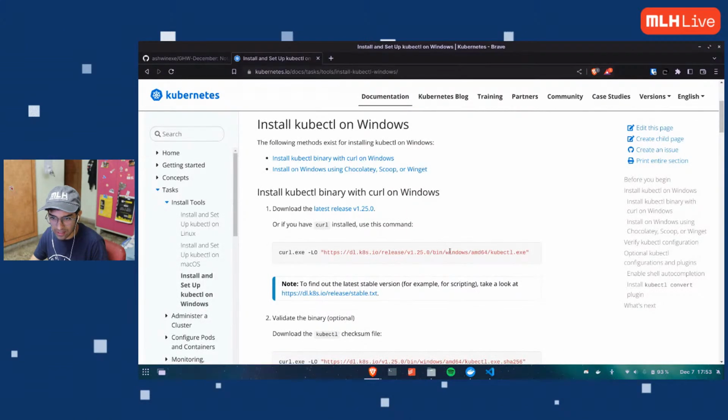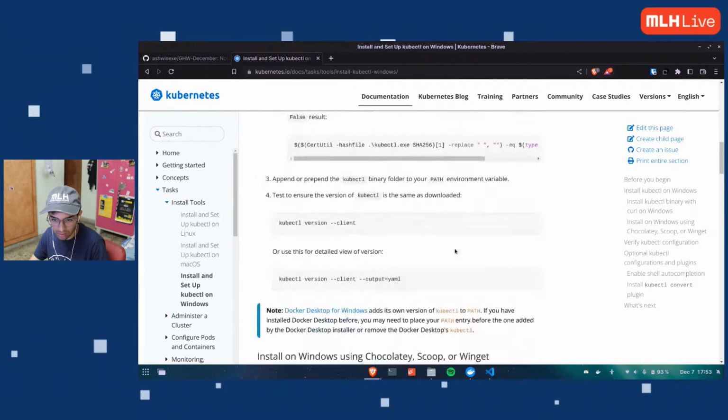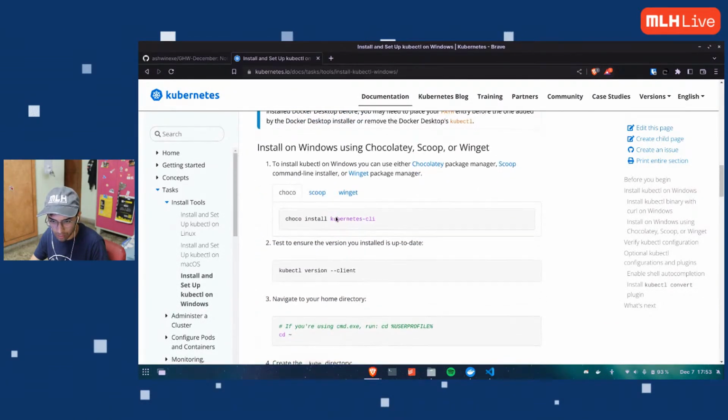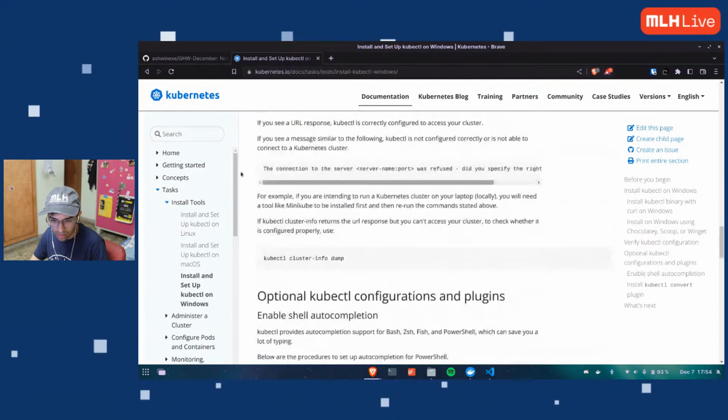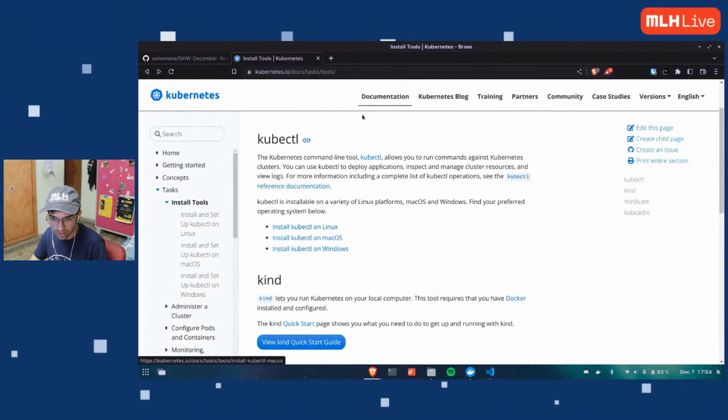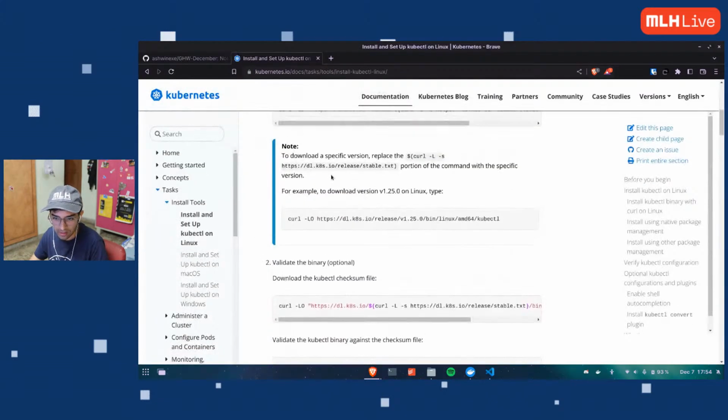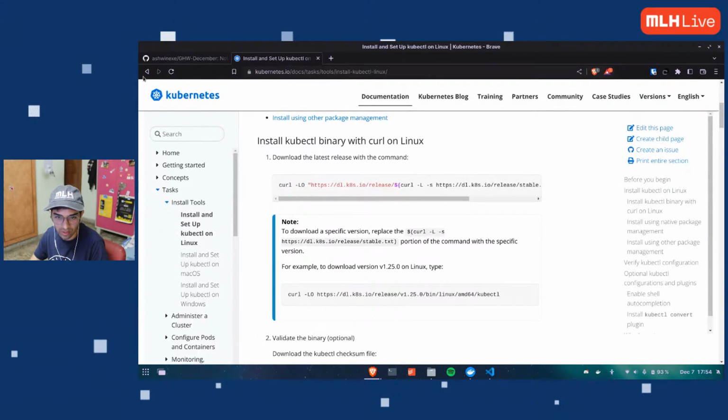Yeah, there are a couple of lines that you need to run on your terminal, command prompt. Quite a lot of ways you can install this. Let me just also paste this. If you feel like doing it right now, if you're on Linux, it's a single command. A single curl command should be fine.